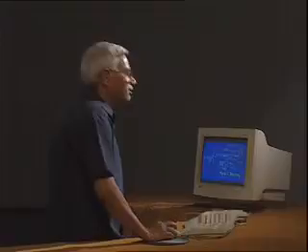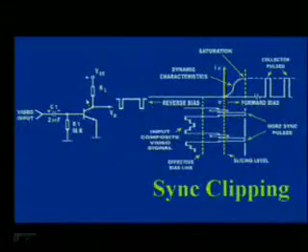This transistor comes into conduction only when the amplitude of the sync pulses reaches 75% of the video signal, and the remaining 25% of the video signal brings this transistor into conduction,